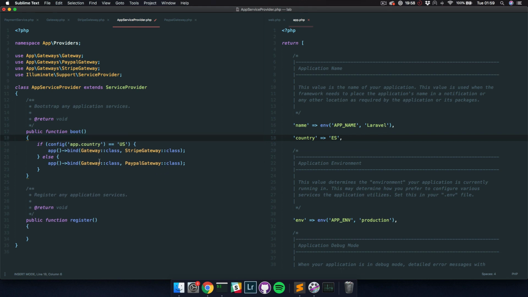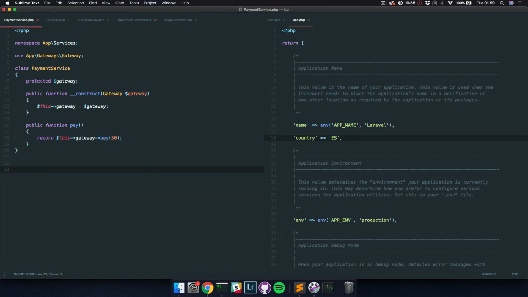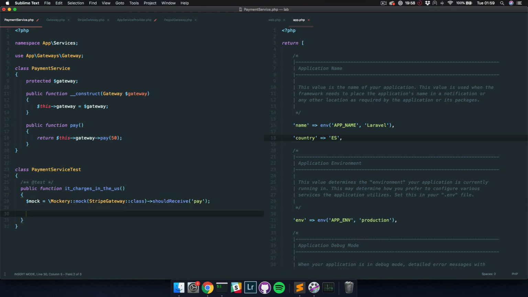So testing this becomes much easier. If we were to test this class, in the test we could just say the following. Let's say we have a payment service test, and we can say something like it charges in the US. We could use a mock, so we would be using a mock Stripe gateway, and it should receive pay and return some value. And then you could say something like this. Hey, please bind the gateway interface to this mock,